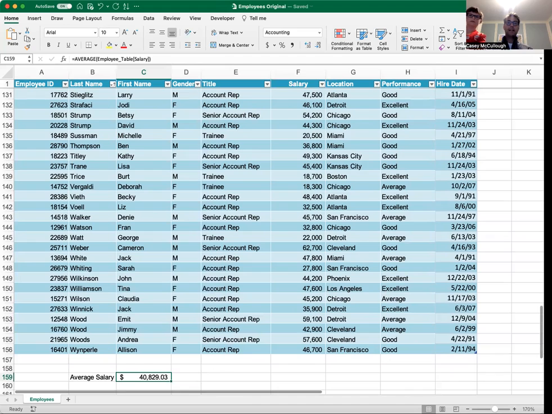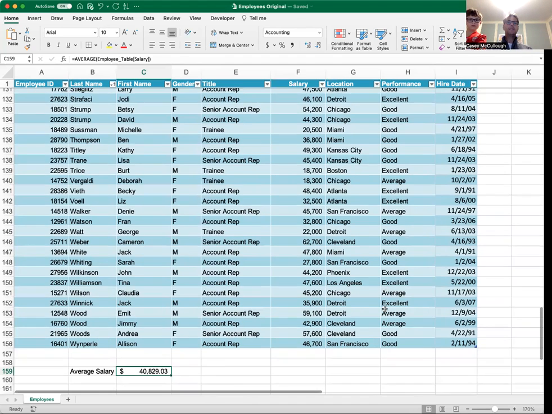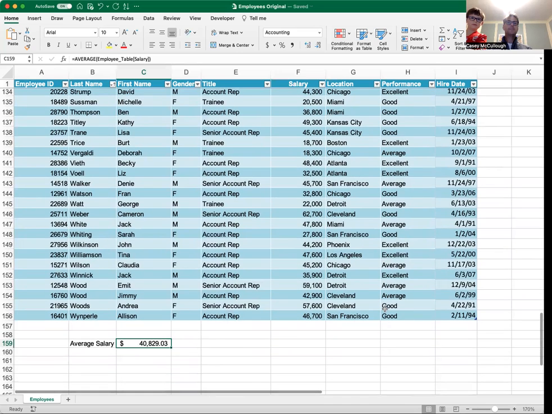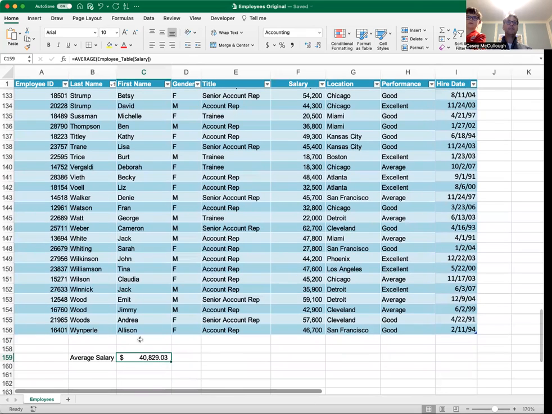The next thing that I wanted to do, well, let's do it this way. There's a couple ways we can do this, and we'll do it two different ways. One thing that you are asked to do is to add a total row. A total row, by the way, is going to be a row that's just set up down here, and it has some tools that allow us to easily do some calculations on the values above. So the way we do that, let's see, we want to go to,